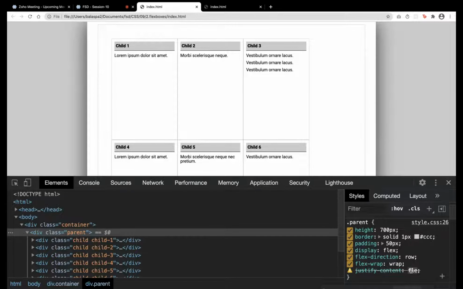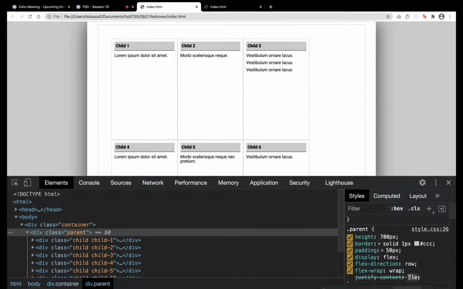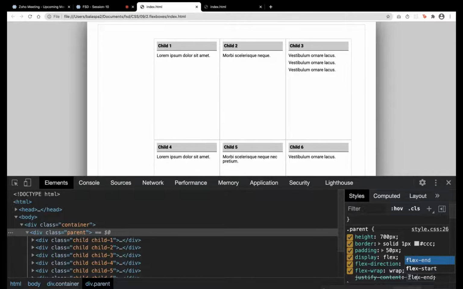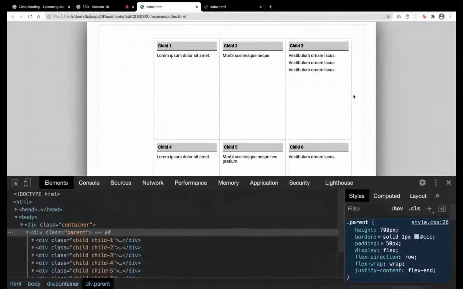So flex start and then flex end. What is that end? The main axis end. So it will move towards the main axis end if